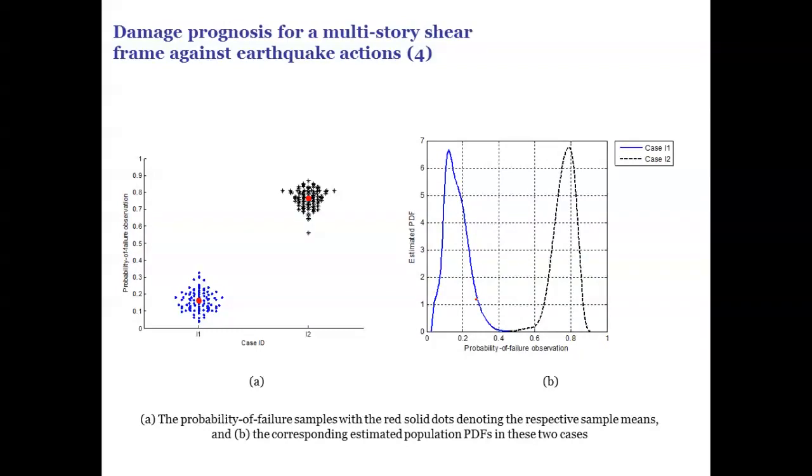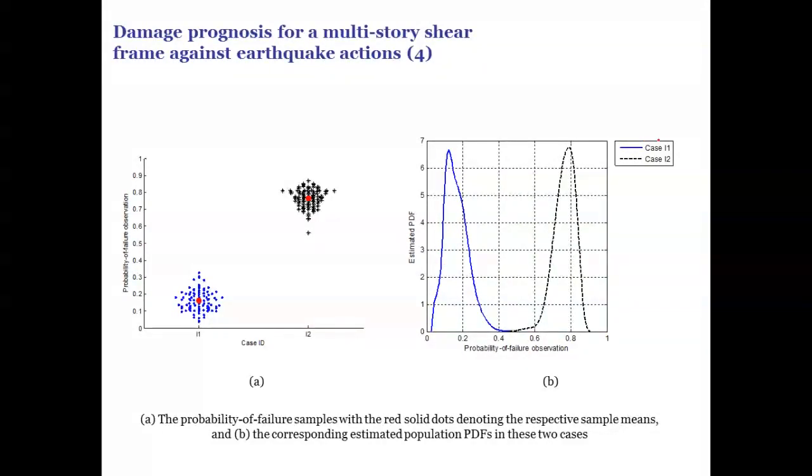After this, we can even get this estimated probability density function for the probability of failure. So in this kind of context, probability of failure can be considered a statistic. It can be fully characterized by its own probability density function, I should say.